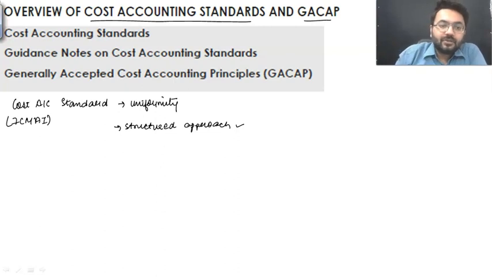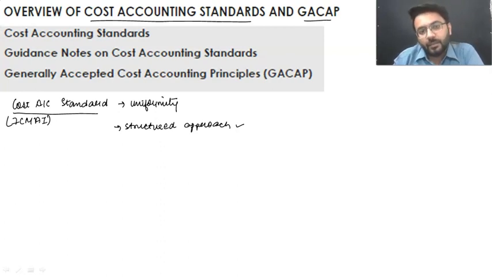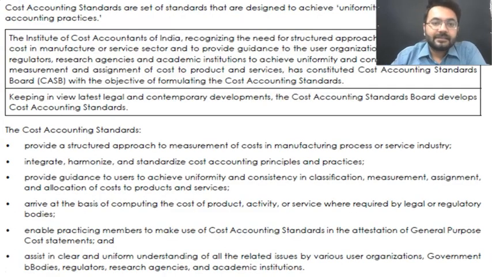Now, for these cost accounting standards, there is a list that we are going to cover, from cost accounting standard number 1 to cost accounting standard number 24. Not in sequence, but definitely we are going to leave some of them in between, and they are not as elaborate as they may seem or look. So the very first is, okay, the